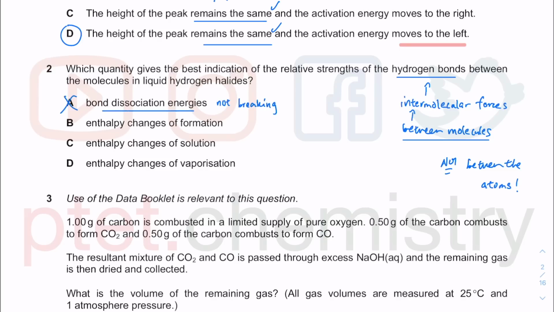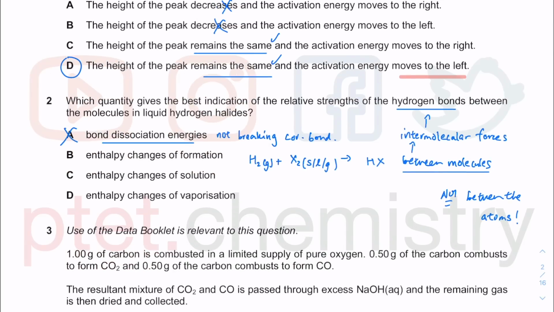So what are we doing here? We are trying to look at hydrogen halide in terms of the formation. So H2 gas plus the halogen, which could be solid, liquid or gas depending on if you have iodine or bromine or fluorine or chlorine, and then you're going to get HX. Actually, you're going to get 1 mole of HX because it's enthalpy of formation. So forming 1 mole of the substance from its elements in their standard state. This is gaseous there. Again, you are breaking covalent bonds and you're forming a covalent bond, so it's got nothing to do with